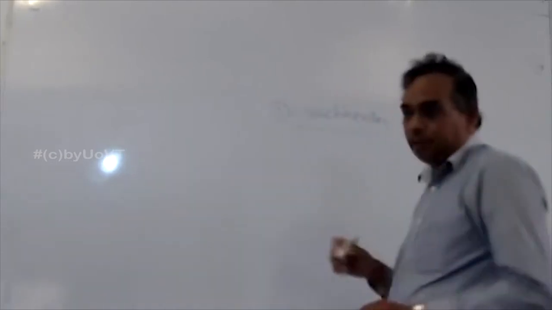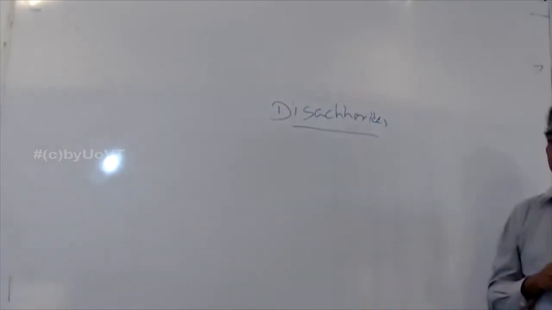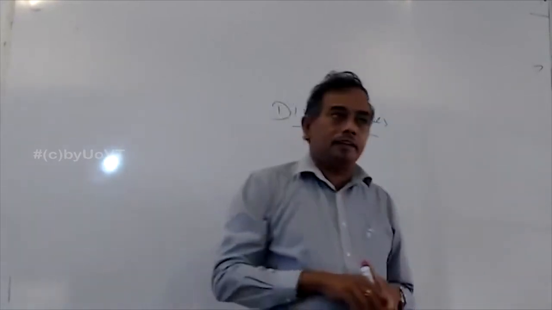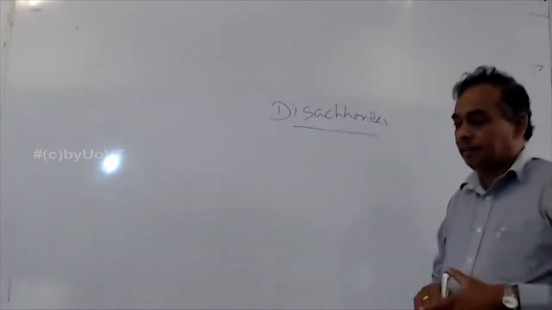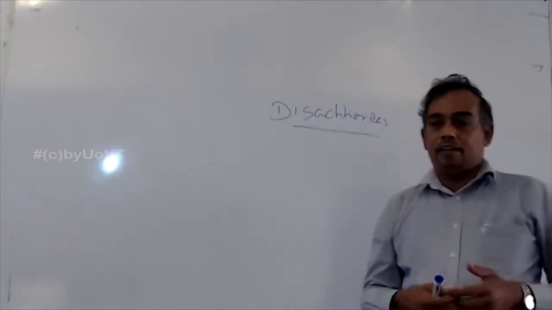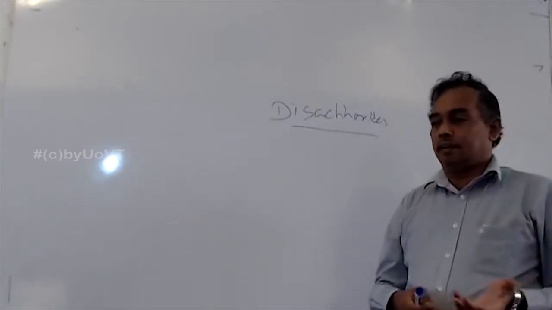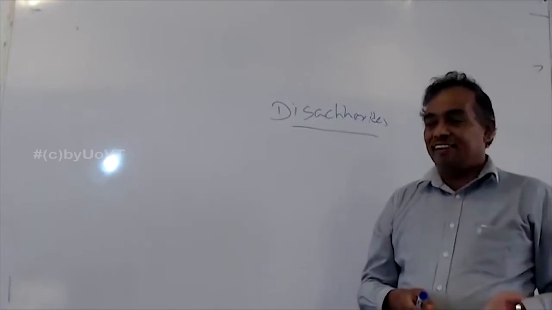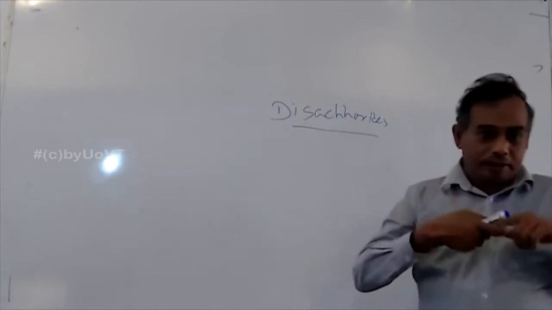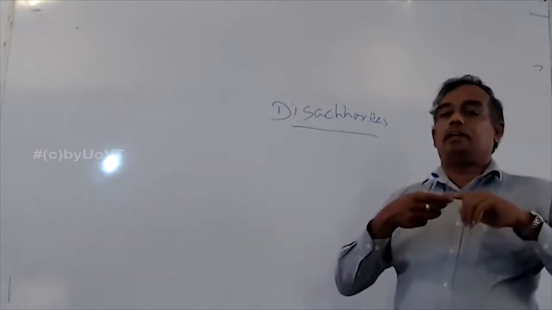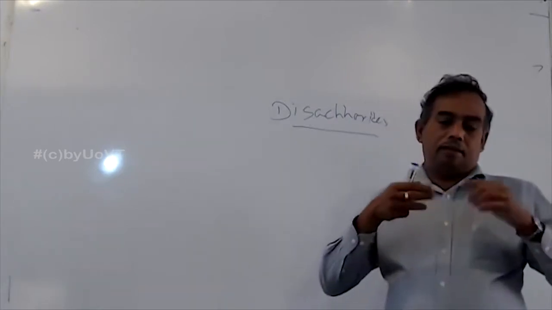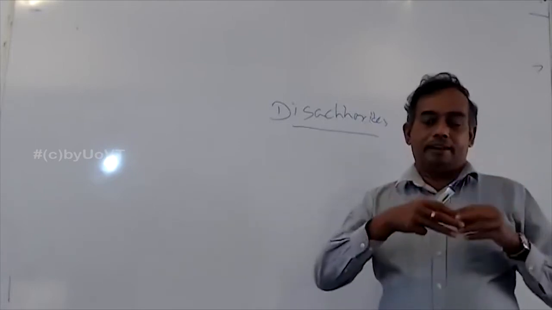So disaccharides are actually not like monosaccharides, they are a combination of monomers. That means at least two monomers. Two monomers join together to form one disaccharide. Monosaccharides are only single monomers. But in a disaccharide, two of those monomers join together to form one unit of disaccharide. When it forms, that means when one monosaccharide joins with another,